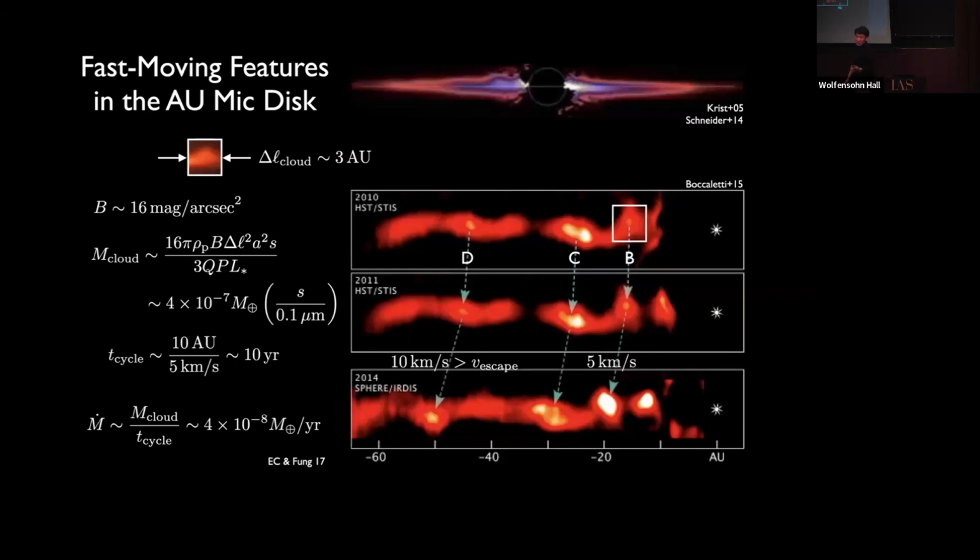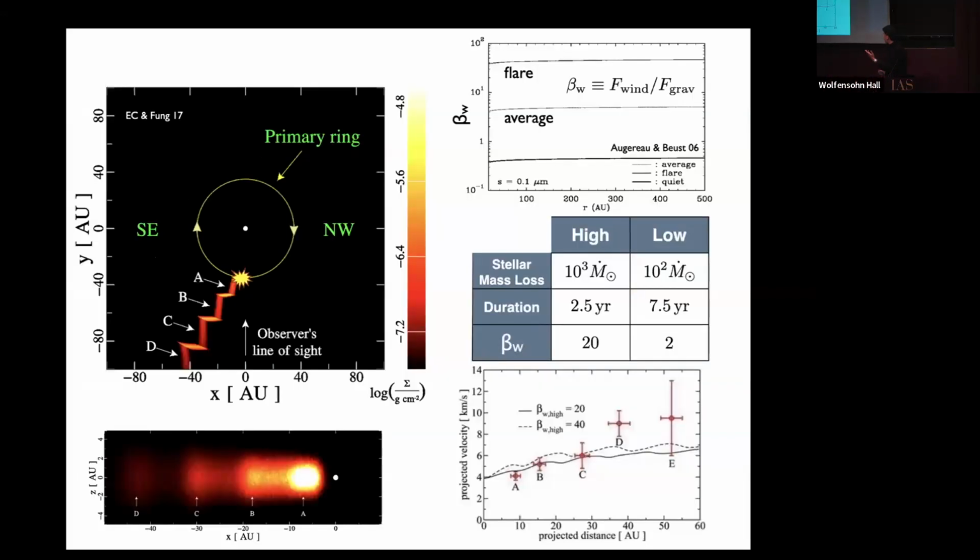Now, the VLT resolved these waves with the SPHERE instrument, adaptive optics. They resolved the waves to look at these undulations, these bright clumps. And over time, these clumps streamed out. They had proper motions that were measured in kilometers per second. Okay, several kilometers per second. The whole thing is just streaming out like this, only on one side of the star. Okay, so explain that. Well, here's our attempt.